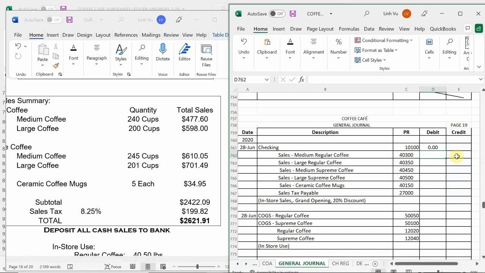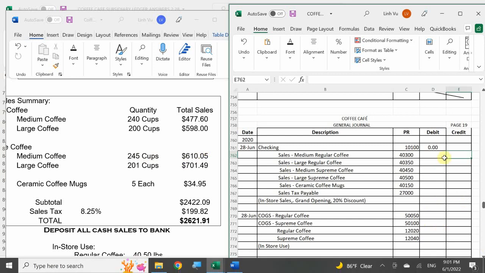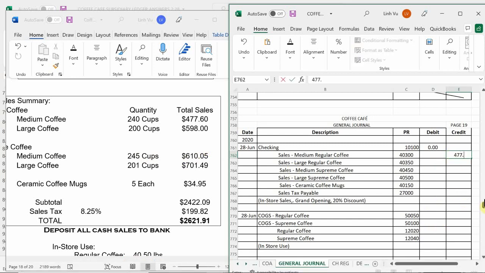Okay, so right now we sold a total of, for the medium regular coffees, 240 cups at $477.60. We also sold the large regular coffee, 200 cups for $598 even. We sold the medium supreme cups, 245 cups for a total of $610.05. And we ended up selling our large supreme coffee, 201 cups, for a total of